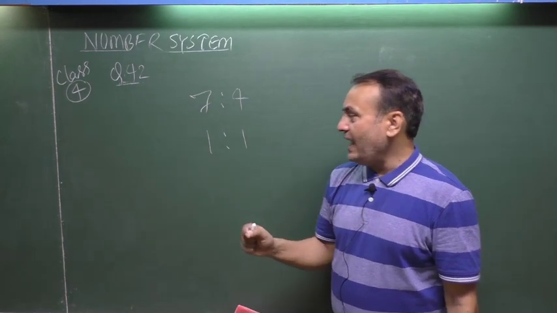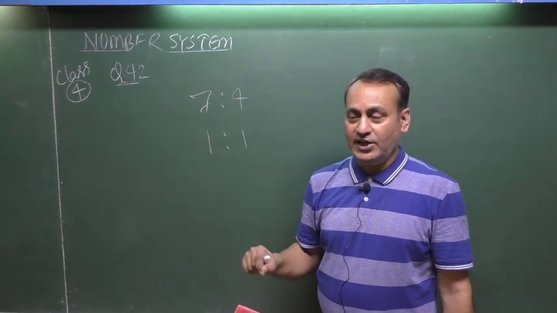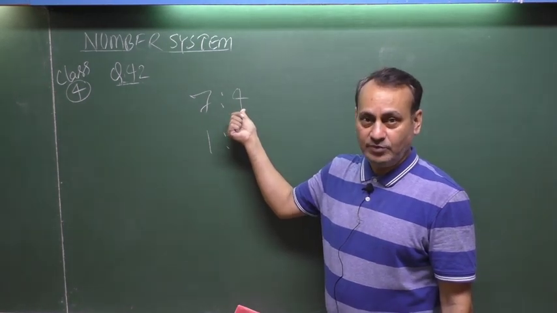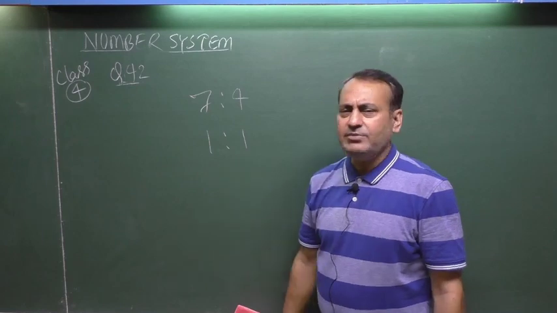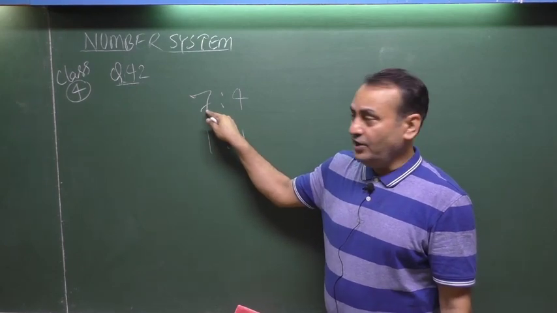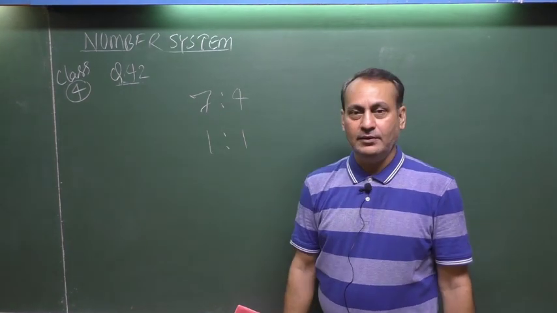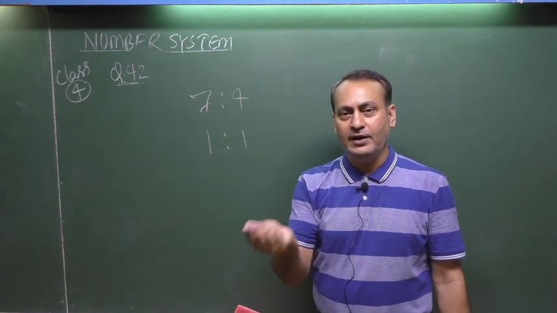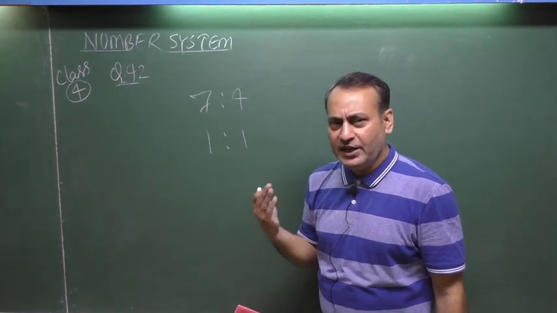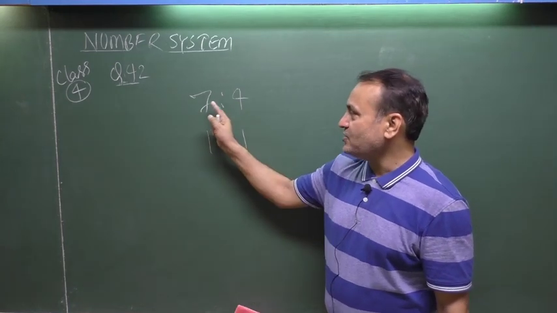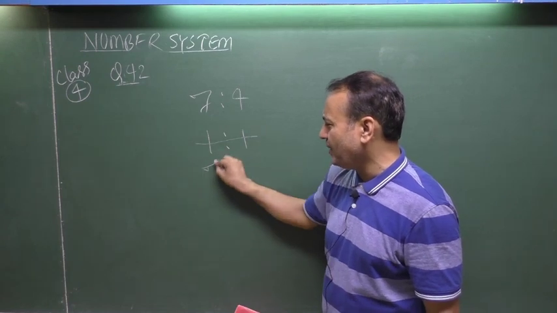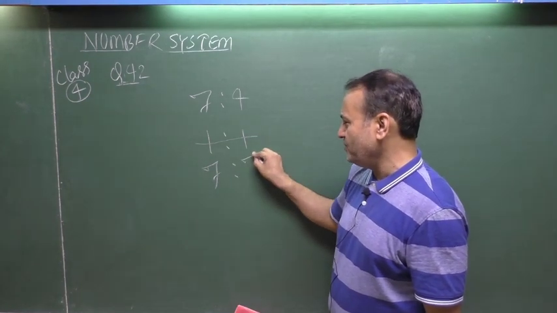See here. Since you have to add to the smaller number, the smaller unit must change and must be bigger than 4. But at the same time, the bigger unit, that is 7 here, must be 7 here as well, as nothing is to be added to the bigger nor subtracted from the bigger. That means it is very much clear to you now. This was 7, this must be 7 here. That means you are going to multiply 1 by 7. That means this will also be 7.